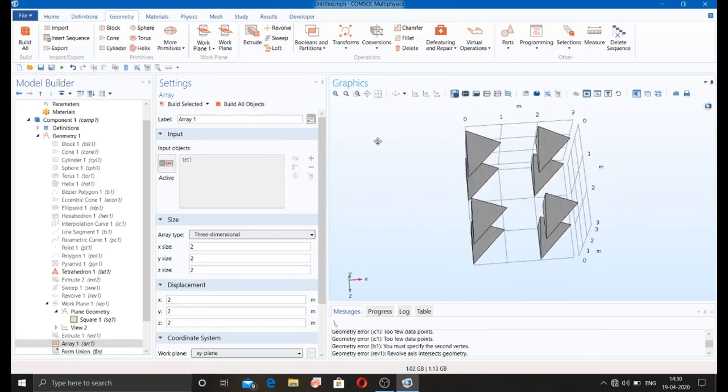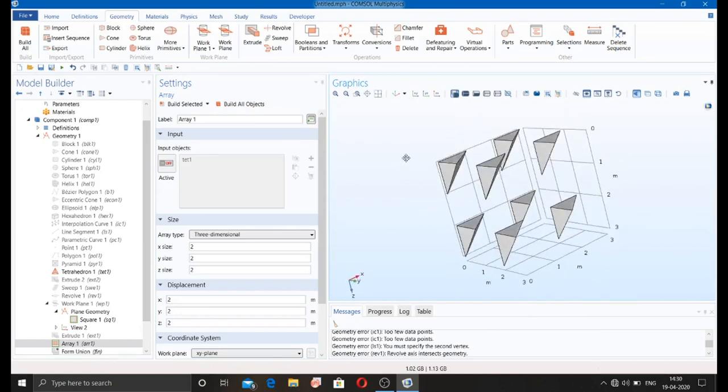These are the array in XYZ direction of this particular tetrahedron.